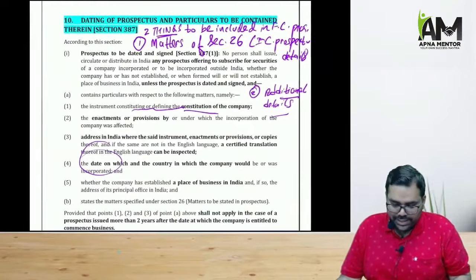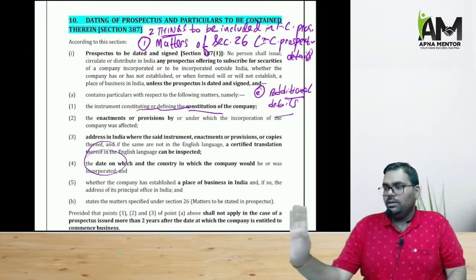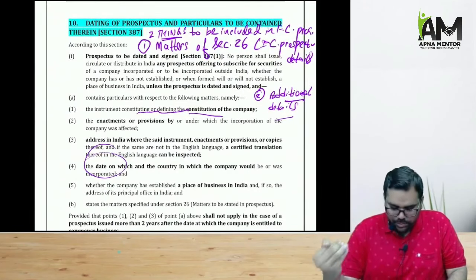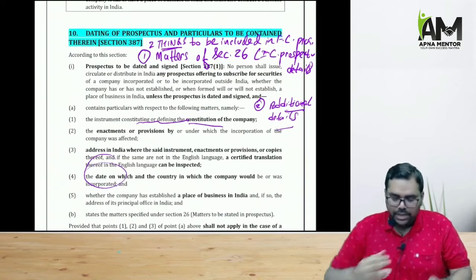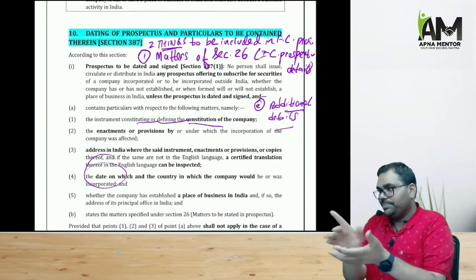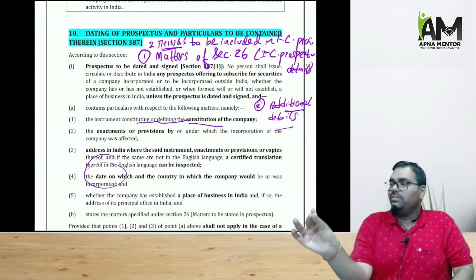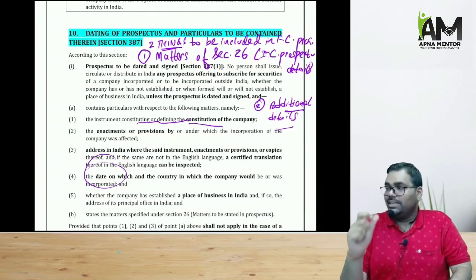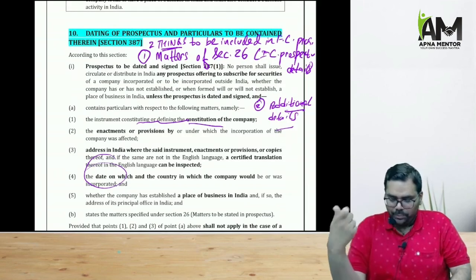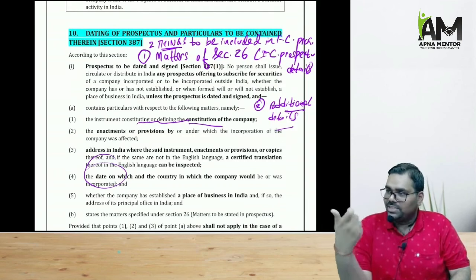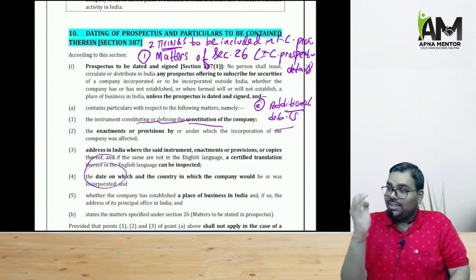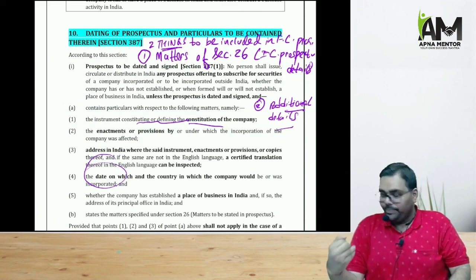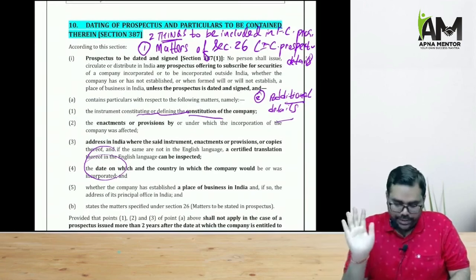Matters to be included in the Indian company prospectus, section 26, and additional details. In additional details, if we talk about the main instrument defining the company, then the legislation under which the company is set up, then the address in India, certified translated copy of the main instrument, the main document, the date on which the company was incorporated, the country in which the company is incorporated, and